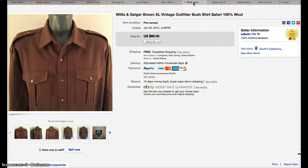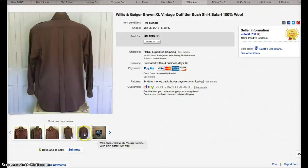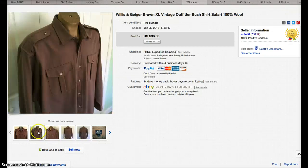And this is a very heavy wool, I would say work shirt. They call it a bush jacket or whatever, but the brand is Willis Geiger. They're usually plain like this. I mean, they don't have a lot of style, but they do have the double breast pockets and the epaulets on the shoulders. So if you can find Willis Geiger, it's kind of up there like in the Orvis category,